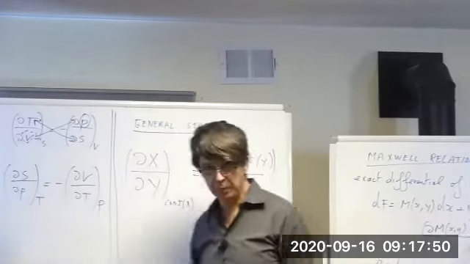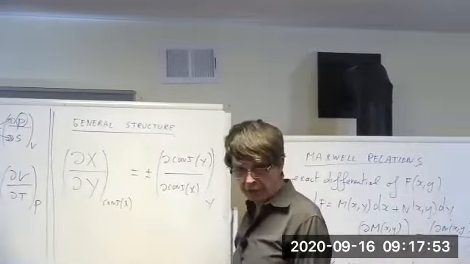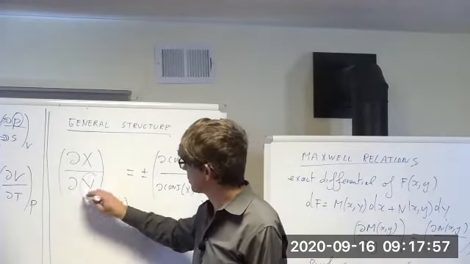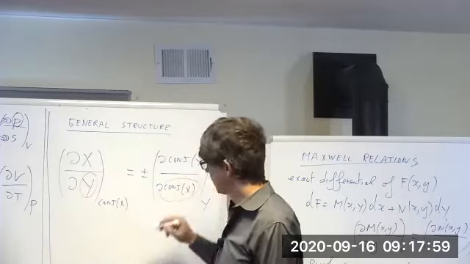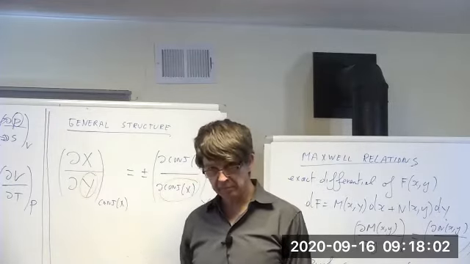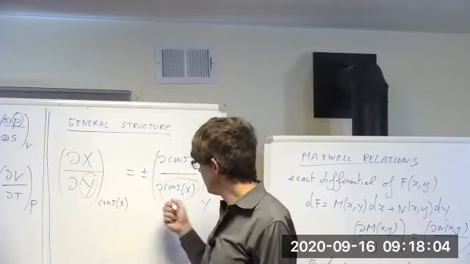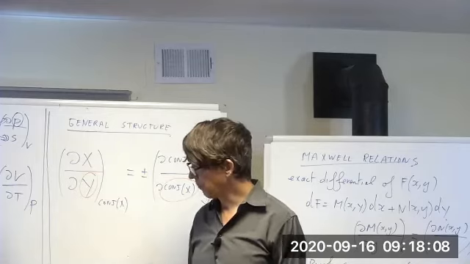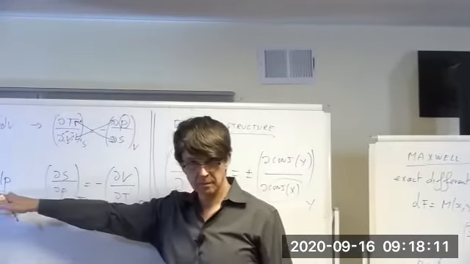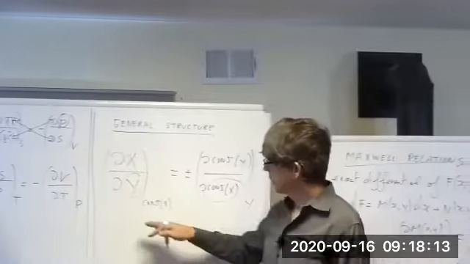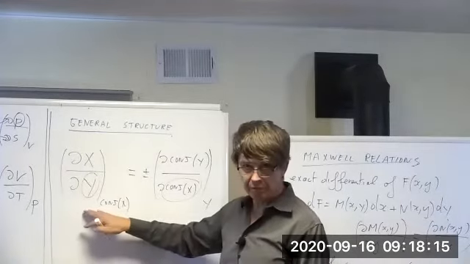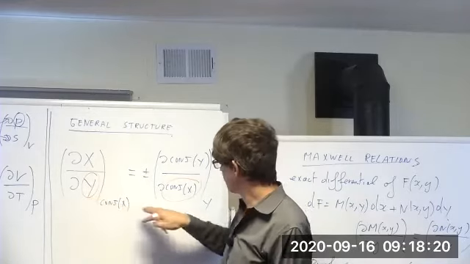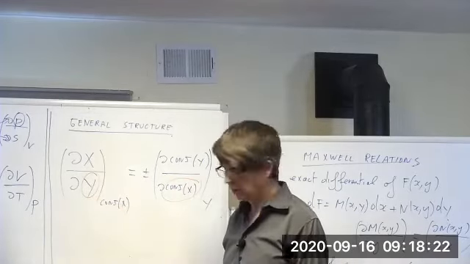Some of you will come up with your own tricks, but the way I do it, well, since you're taking derivatives with respect to these variables, this has to come from the potential that has these as variables, right? Because Maxwell relations come from a differential. So if these are the ones that you're taking derivatives with respect to, it has to be the potential in those variables, y and the conjugate of x. So for example,